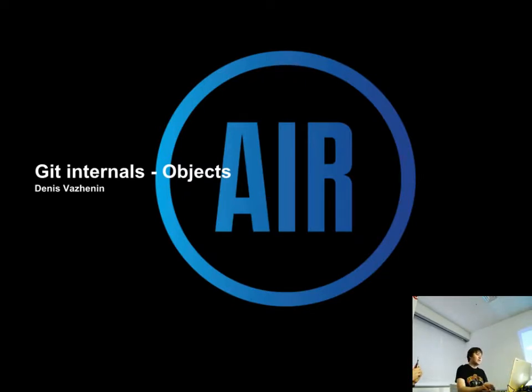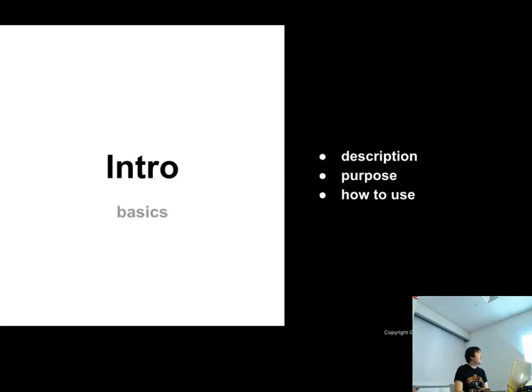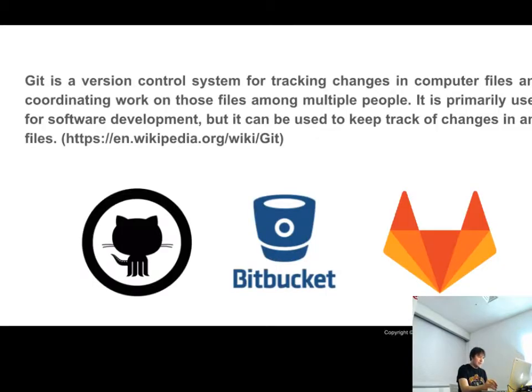So I'm going to talk today, but since it's quite a big topic, I will talk only about objects, how Git organizes file storage internally. Yeah. So before we actually go into details, I will first talk briefly, because I think everybody, even if they didn't touch it, has at least heard of Git. It's used for tracking versions, so to say,